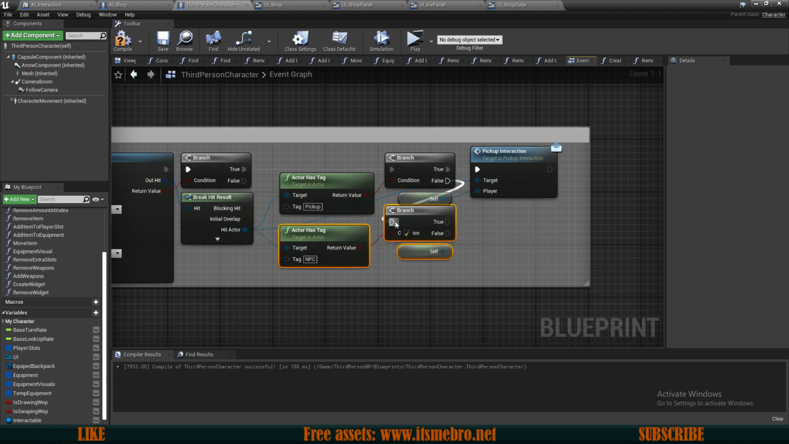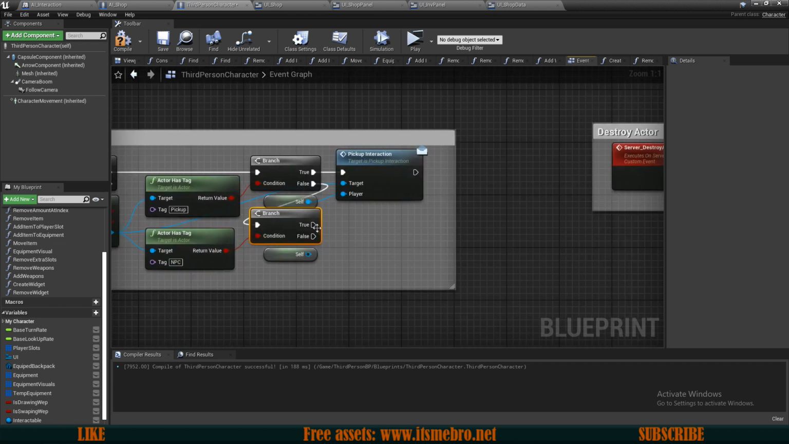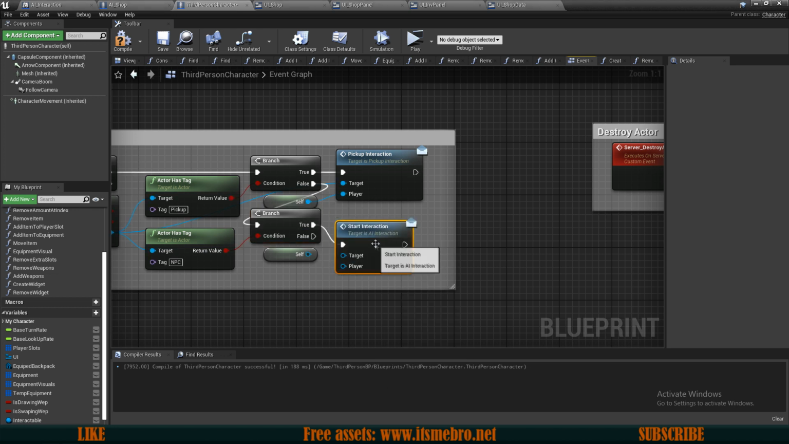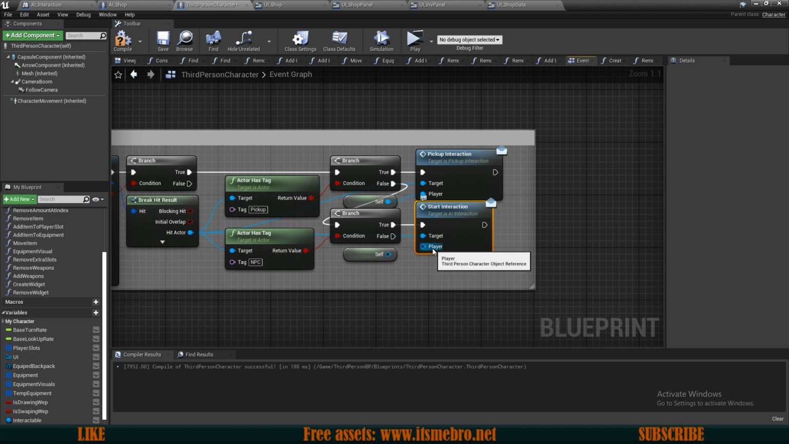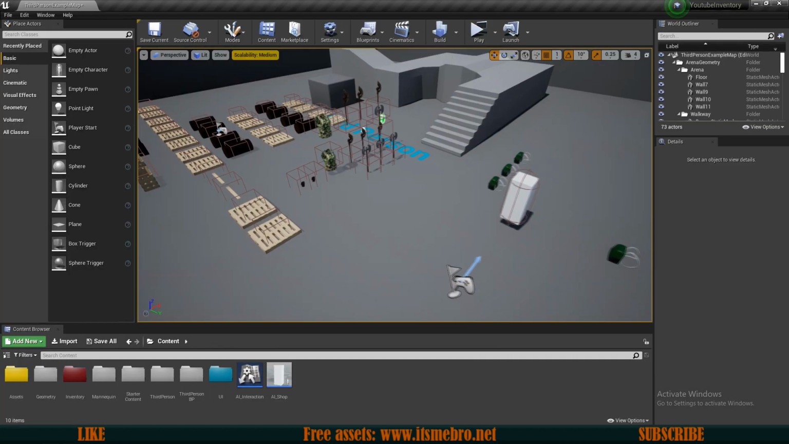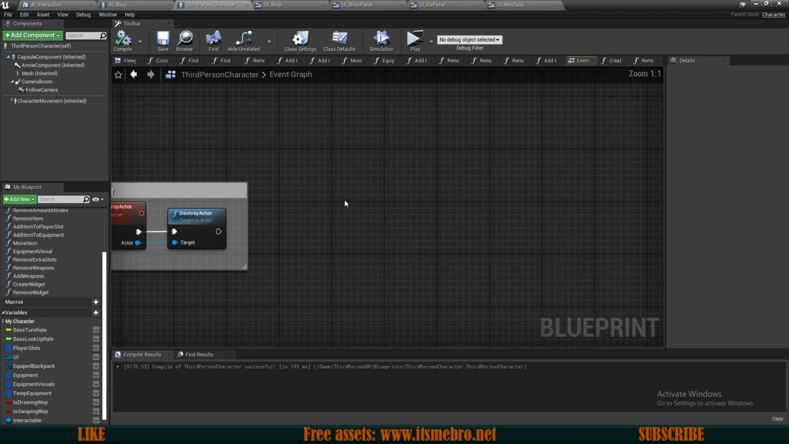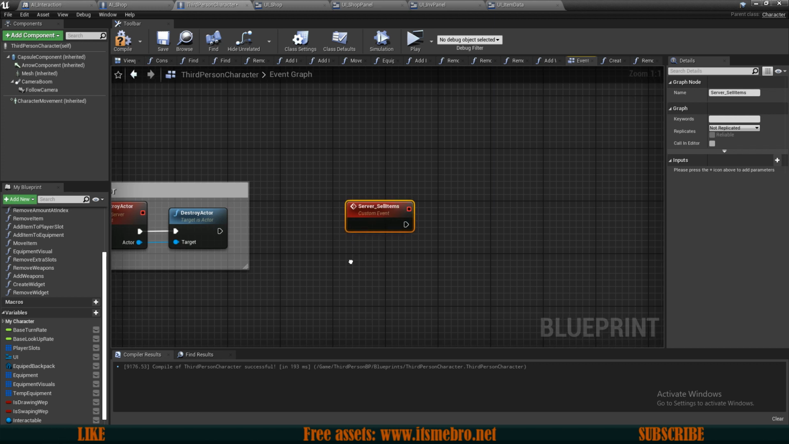and from this false we can run our check if we have NPC, and on true we can run the start interaction message. And for the target, let's use our hit actor, and for the player, let's use self. Now we want to set up a few more things in our third person character. So here I'm gonna add a custom event, and let's call this server sell items, and also let's get another custom event, and this is gonna be the server buy